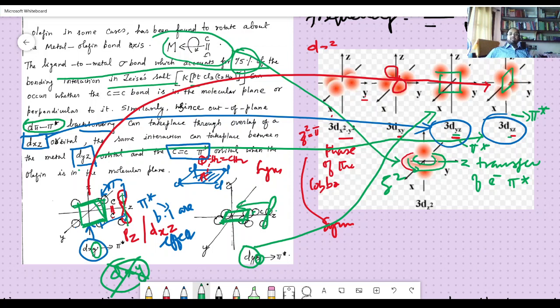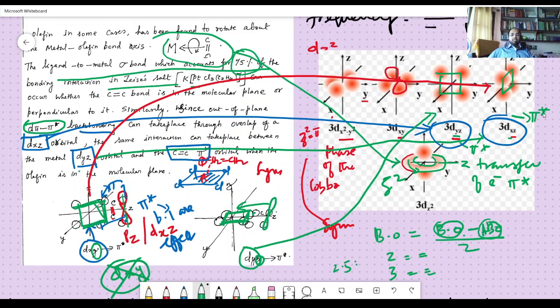As a result of that, you have to write there is a change in the bond order. Always try to calculate the bond order, which defines the bond length: number of electrons in the bonding orbital minus number of electrons in the antibonding orbital, divided by 2. The more electrons you have in the bonding orbital, the greater is the value. If you have 2, it's a double bond. If you have 3, it's a triple bond. In between also you can get, if you have 2.5, the character between the triple bond and the double bond.